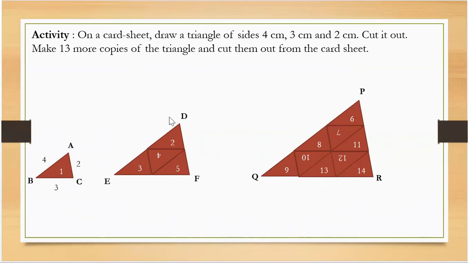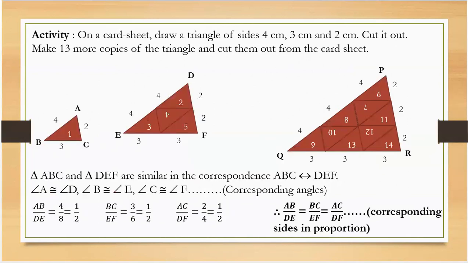Now what will be the length of the sides? So now we'll get it over here. If AB was 4 centimeter, we repeated AB 2 times, so here also it becomes 4 plus 4. This side was 3, so here we had doubled the length, so 3 and 3. And this side of your small triangle was 2, but here we have doubled the length, so here it will be 2 and 2.